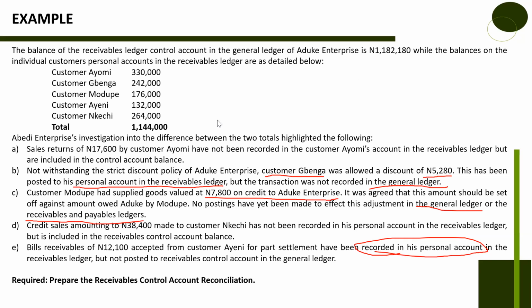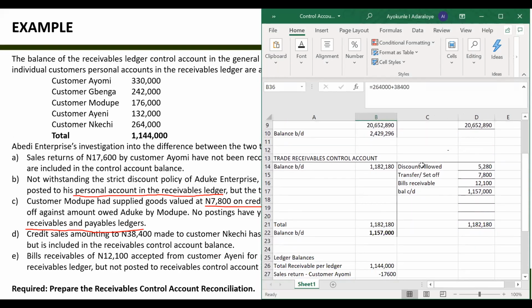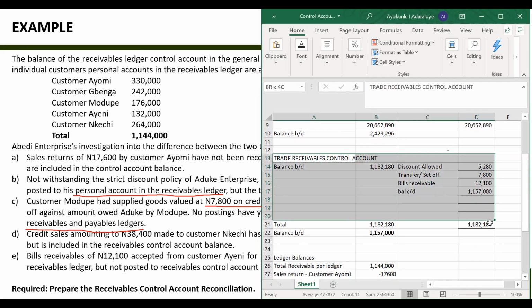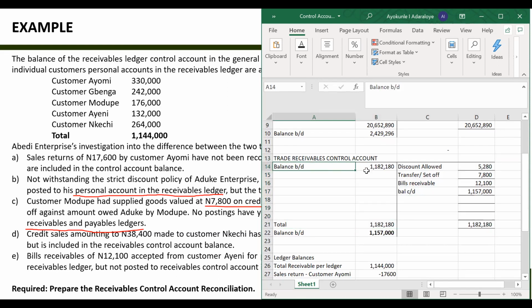So what you need to do is bring up your ledger, bring up your trade receivable account, and draw it up. Once you draw it up, put your balance brought down for the first part. We said receivables account is a what? It is a debit balance. So the first line item,